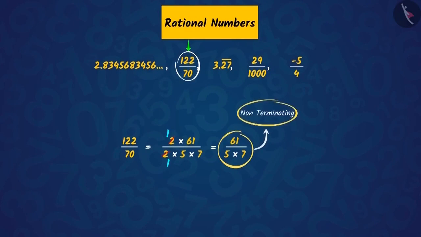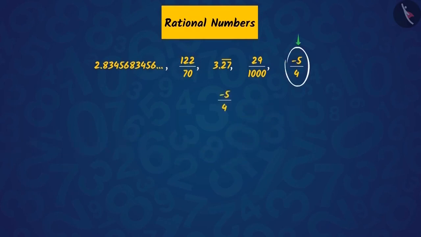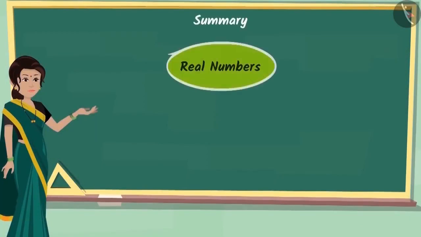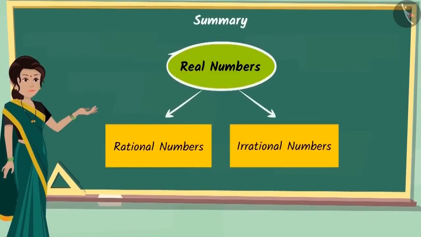Now, find out the decimal expansion of this rational number using the rules that you have learned in this video. In this video, we discussed real numbers, rational numbers, and irrational